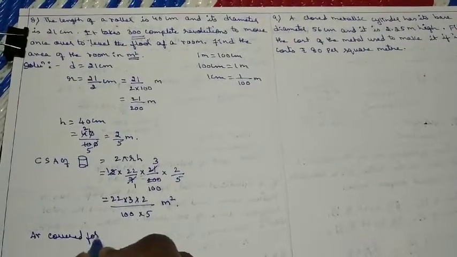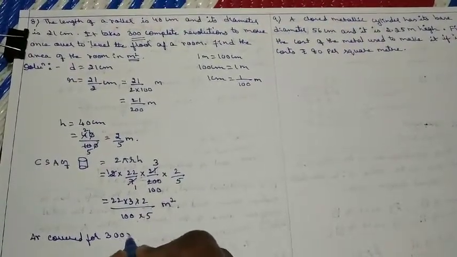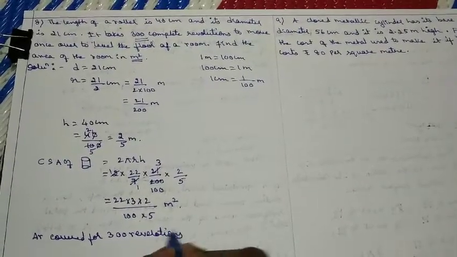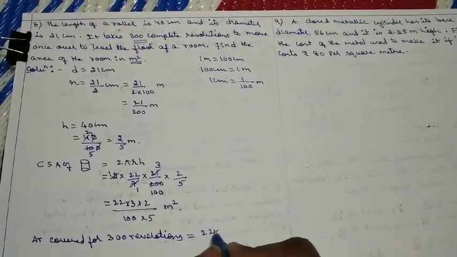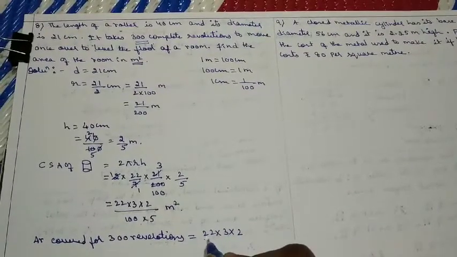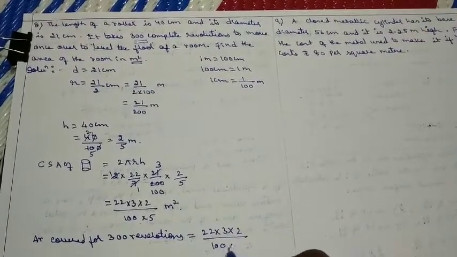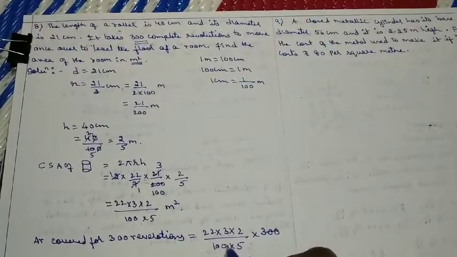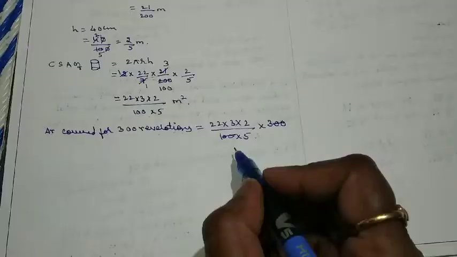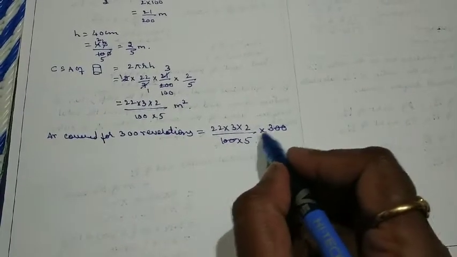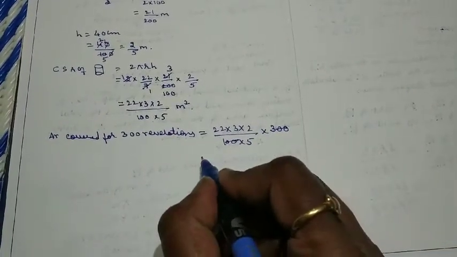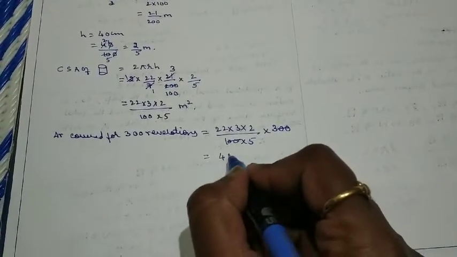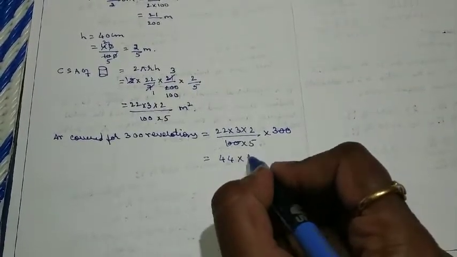Therefore area covered for 300 revolutions is equal to 22 into 3 into 2 divided by 100 into 5 into 300. Then the double 0 gets cancelled. Further cancellation is not possible, so we will multiply 22 into 2 is 44 into 3,